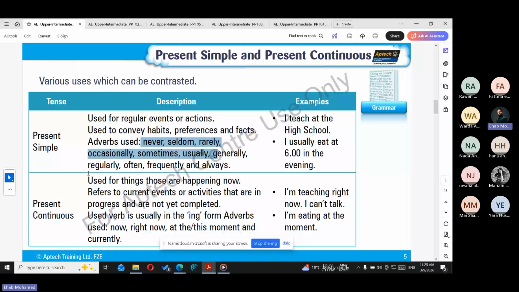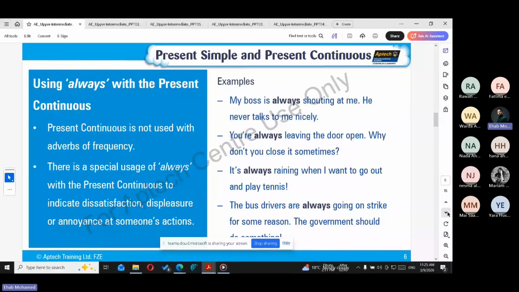Okay. طيب for the present continuous قلنا إيه? We use the present continuous tense when we are talking about an action that's happening right now. I'm teaching right now. I can't talk. I'm eating at the moment. كل دي progressive actions، حاجة بتحصل right now. خلاص. طيب هل أنا ممكن أستخدم always في ال present progressive؟